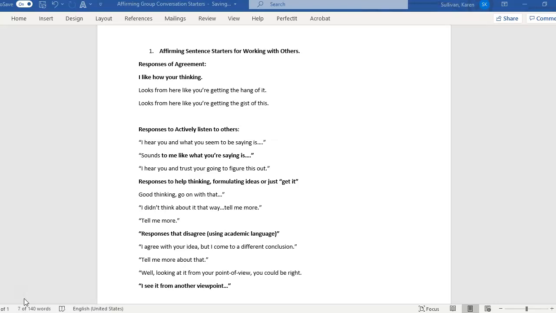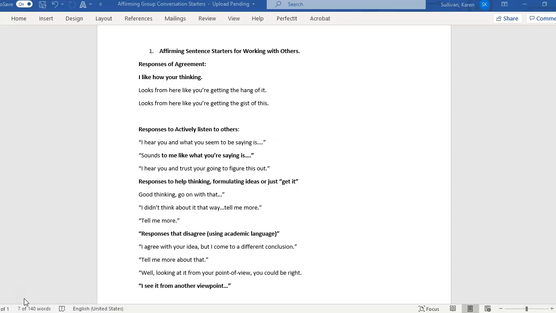I just want to ask you to consider these affirming group sentence starters that we've looked at before, just a way for us to be able to talk to one another in an academic environment. So here we are, and it's a good time to practice for getting ready for college or the bigger classes.